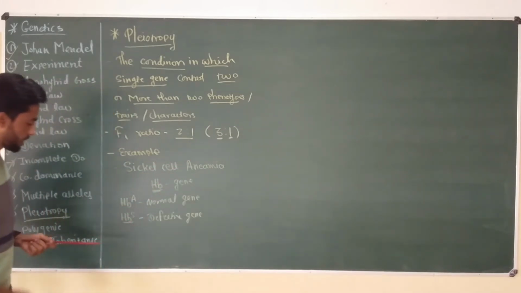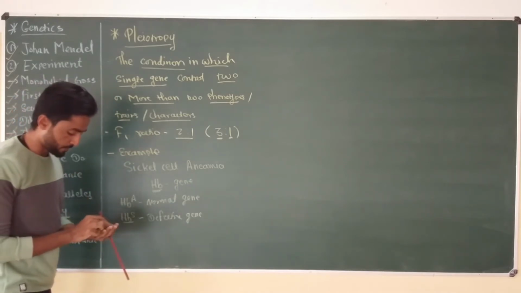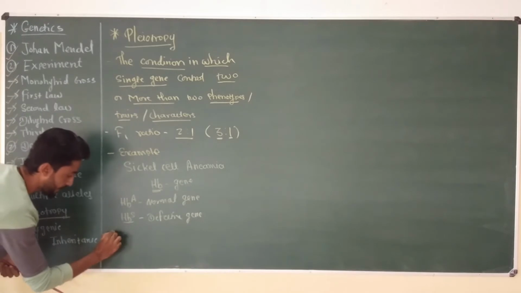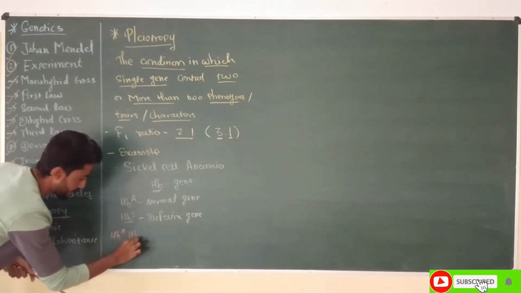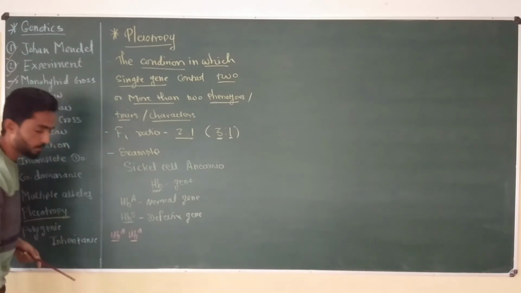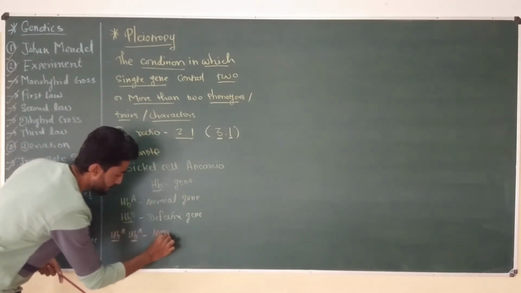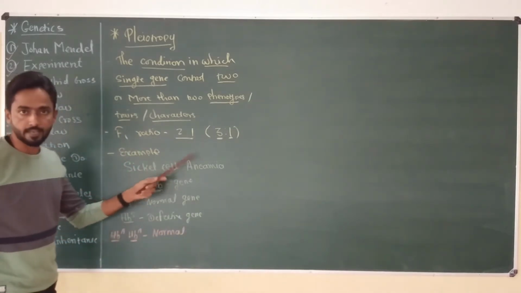Okay, now on the basis of the genotype, there are three different types of persons we can find. Number one, if a person have HBA HBA type of a genotype. That means he or she receive normal HBA gene from one parent and same gene from another parent. In that case, the person is going to become normal. He or she will not develop any symptom of sickle cell anemia.